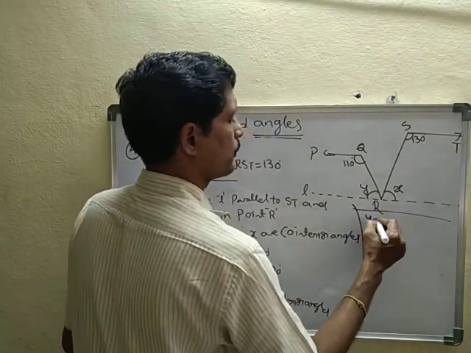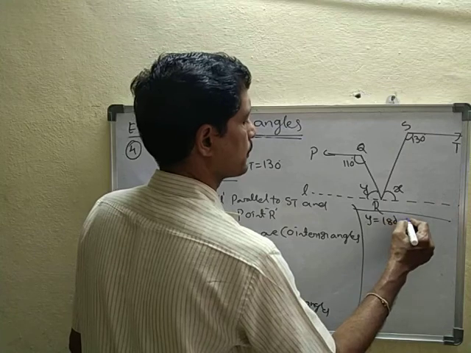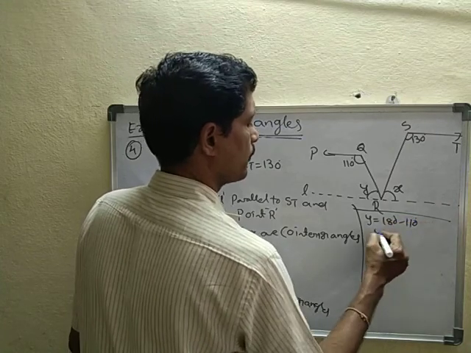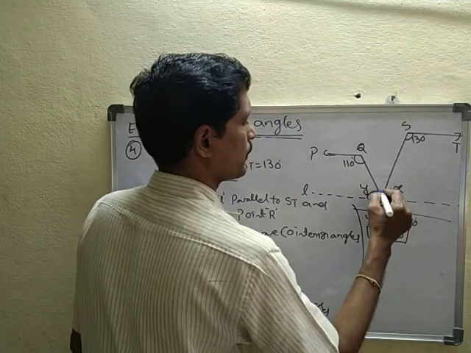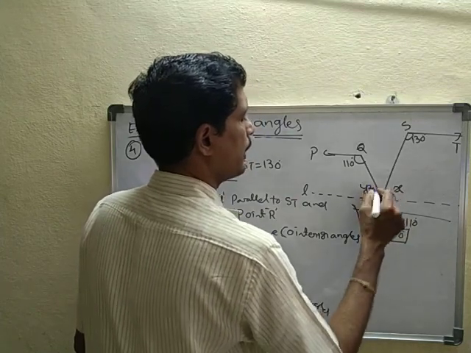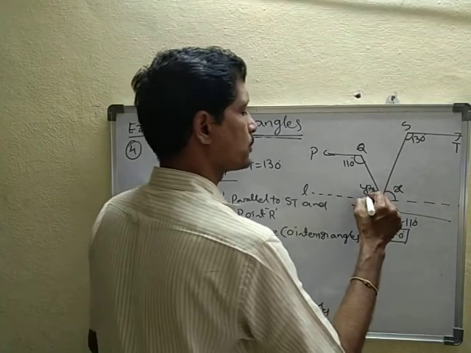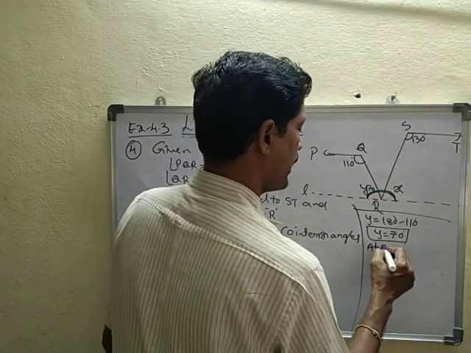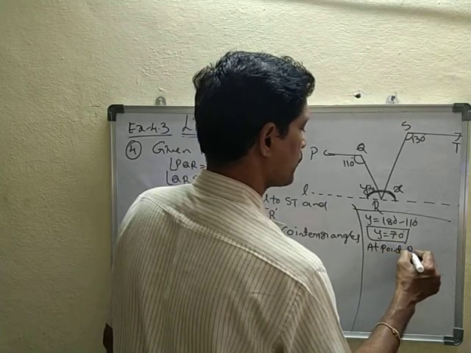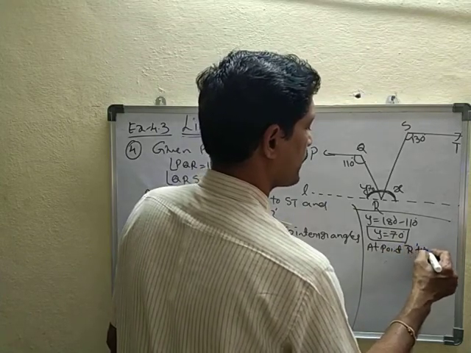Y equal to 180 minus 110 degrees. Y equal to 70 degrees. At point R, total angle equal to how much? Total angle is 180 at point R. Therefore, total angle equal to